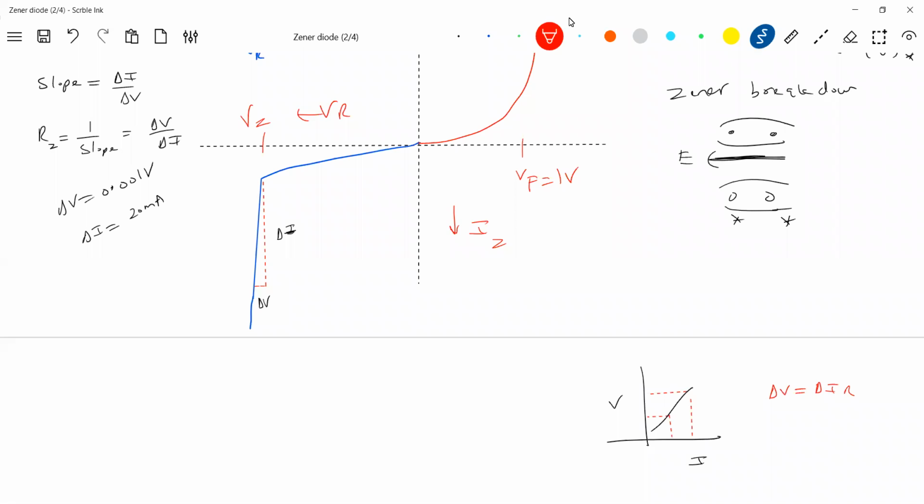Sorry, even forward bias is also there. But what is the maximum knee voltage I'll get? 1 volt only. I can't change much. For a Zener diode, 1 volt. Silicon is 0.7. For germanium, what is the forward voltage? It will be 0.4 volt. But here I can adjust this VZ also. Where the breakdown occurs, I can adjust by doping levels.